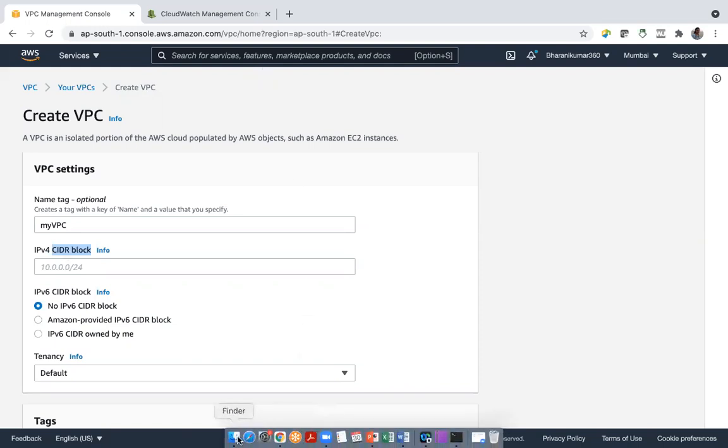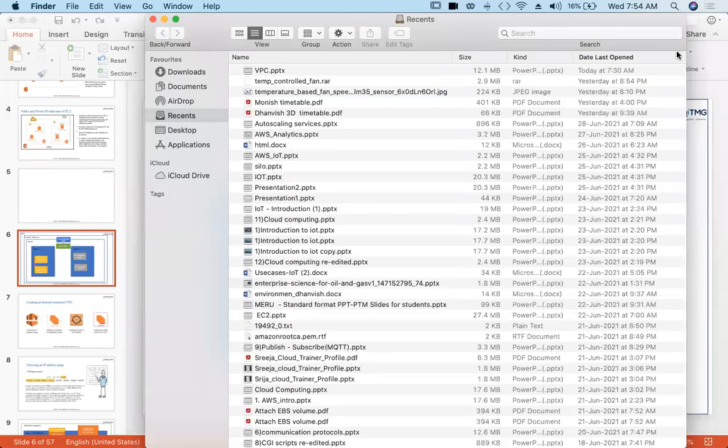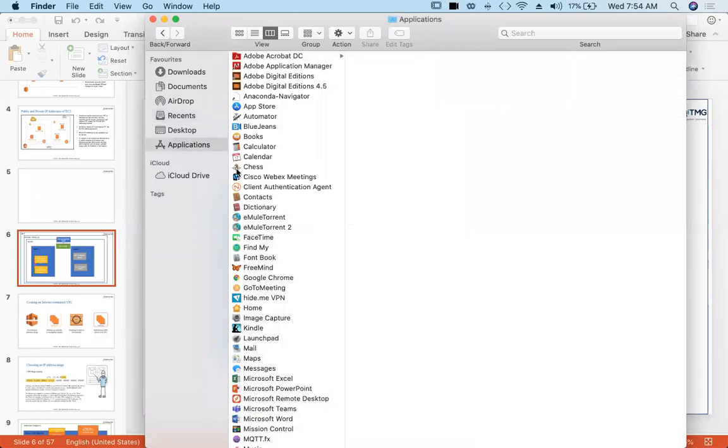So let me open this thing. Yeah, it will have some range.